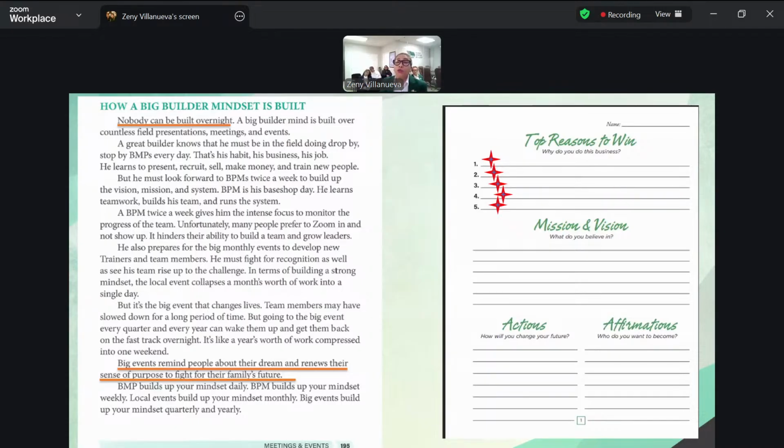So, why do we do our top 10 reasons to win? When you do your fast thought and recruit somebody, you write down the top 10 reasons to win. It's because we want to know the mindset of the person, the heart of the individual. So, for me,